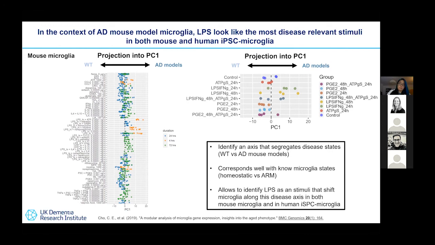So to sum up a bit, we have identified this disease axis that segregates the wild types from the AD mouse models. And this corresponds well with known microglia subtypes, such as homeostatic versus activated response microglia. And this allows us to identify LPS and some stimuli that can shift the microglia transcriptional profile along this disease